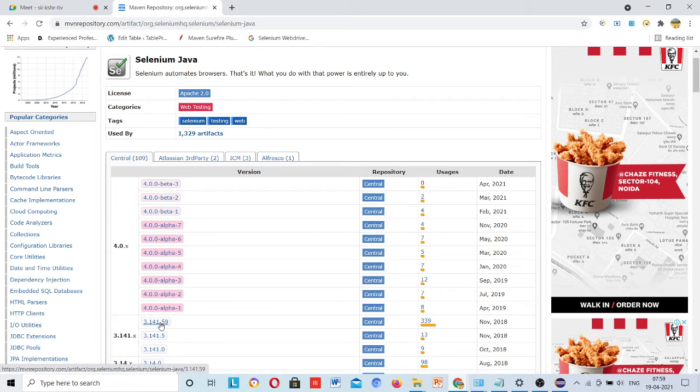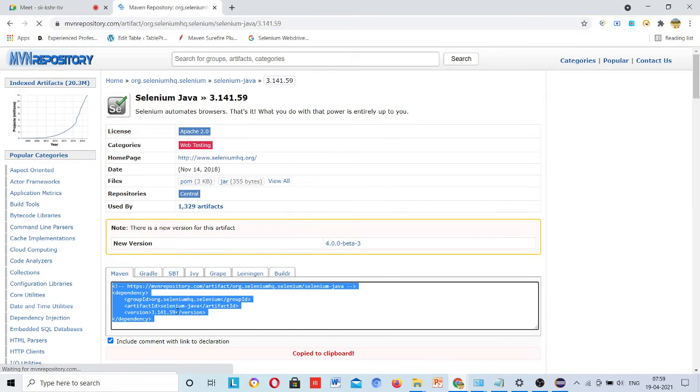Just go for this version 3.14, copy it and paste here.